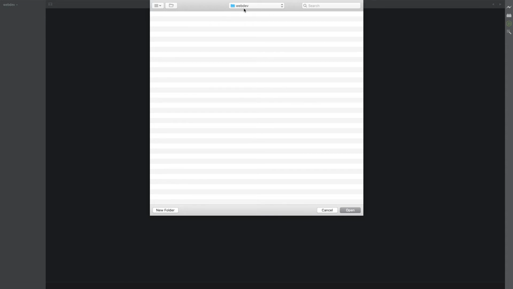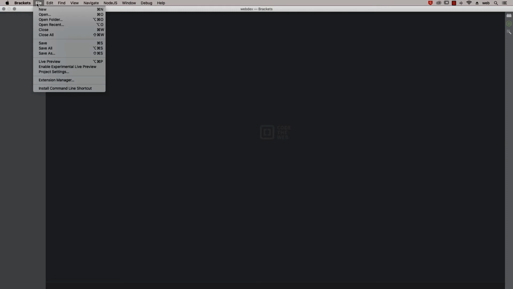And you can also navigate to different folders. And I do suggest that as you create different web projects, that you create separate folders for them so you don't have overlapping file contents. And then once you're ready to create a file, going up to the top, hit New to create a